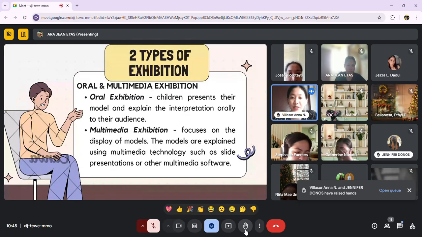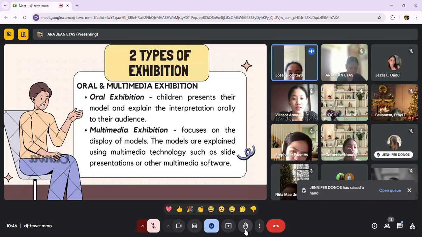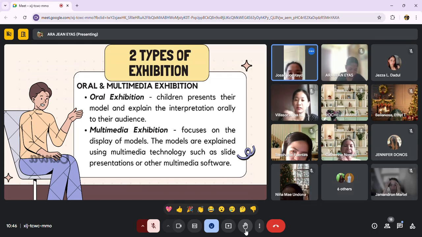Children present their model and explain the interpretation orally to their audience. So from the word itself, oral, meaning it is said, it is spoken. So it is a type of exhibition where students present in front, then they explain what the presentation is all about, how it is made or how relevant it is. So they just speak it in front.